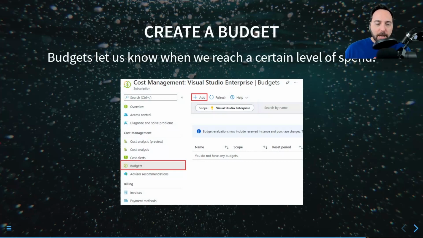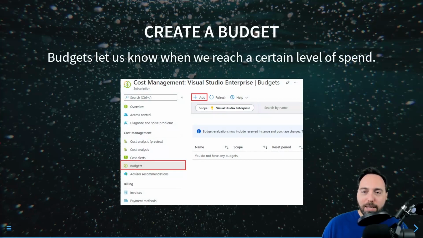So budgets. Budgets are something that we can create in the normal world. Budgets let us know when we reach a certain level of spend, or they give us a cap of how much we're allowed to spend. So I set a budget for how much I want to spend on groceries, how much I want to spend on fuel, how much I want to spend on natural gas, water, electricity, etc. And then add up all of those budgets, and I get to my entire budget. I figure out how much money I make over the course of a month. How am I doing as a result of this?